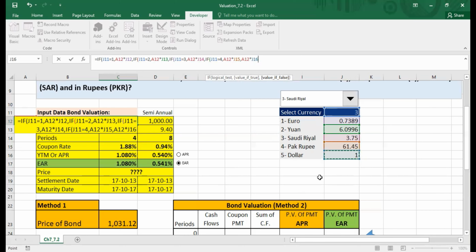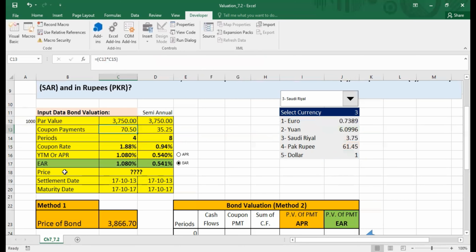Now, when we close the parenthesis, because we have started many parentheses over here, 1, 2, 3, 4, the parentheses are going to be highlighted. So we know how many parentheses we are closing, and simply click OK, press enter. You can see that now the currency being displayed is over here because we selected real. Let's try to select dollar. When we select dollar, 1000 is displayed. Our values are coming out to be the same as what we calculated earlier.